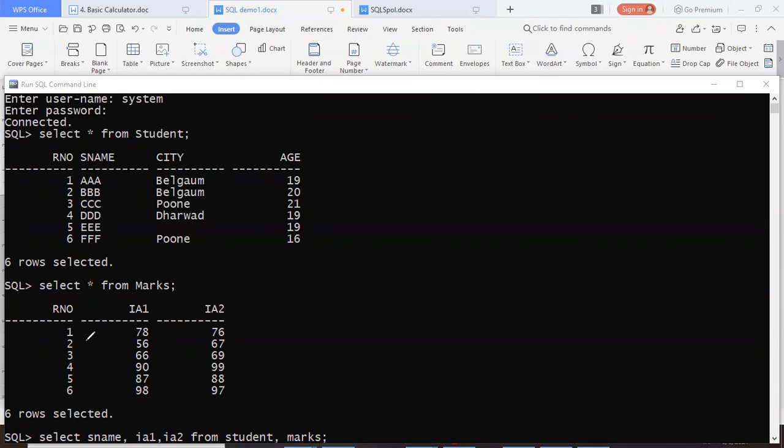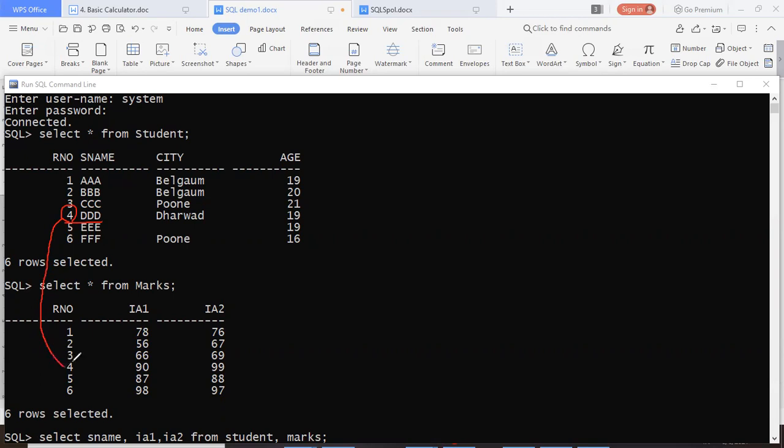So either you start from the student DDD, you go to see his roll number, because in the marks table we have roll number. So first my brain internally, even your brain, checked the roll number of DDD. And when you realized the roll number of DDD is 4,